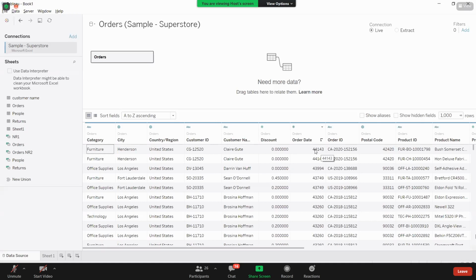For example, here I don't know which date it is, but consider if 44143 is today, then tomorrow's Julian number will be 44144. You are getting that point, right? So like this, it will assign those Julian numbers. So you will understand that once we are into date calculations. Everything you will understand. This is just the intro part.